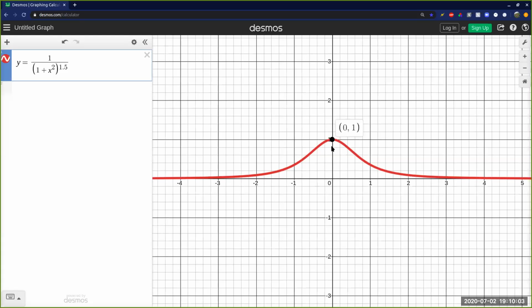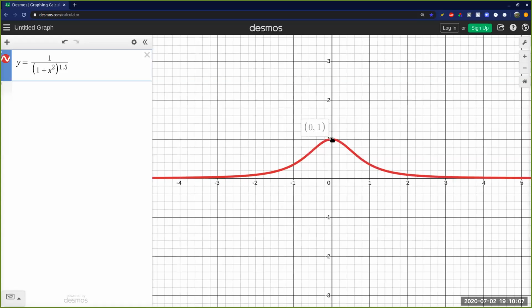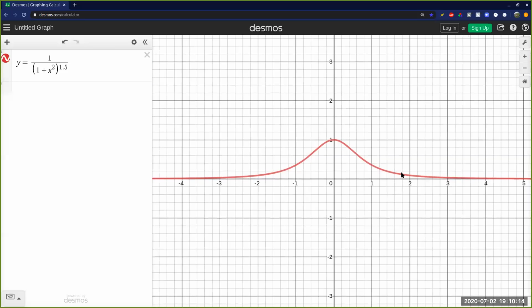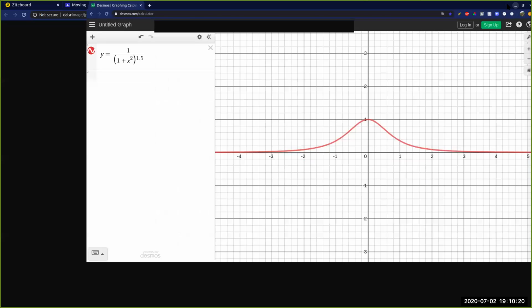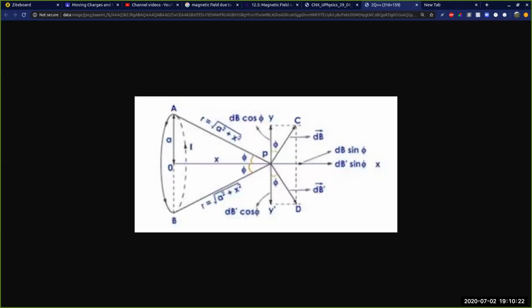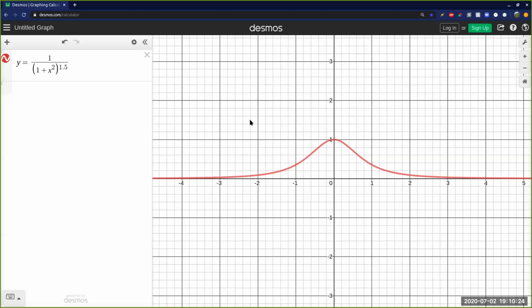What is the meaning of this graph? The magnetic field at x equal to 0 is maximum, right? At the center of the ring. As you go away from the center, x equal to 1, x equal to 2, that means you go far away, the magnetic field decreases. Of course, it should decrease, right? So have you made that, or should I? Write it quickly. Okay, done?